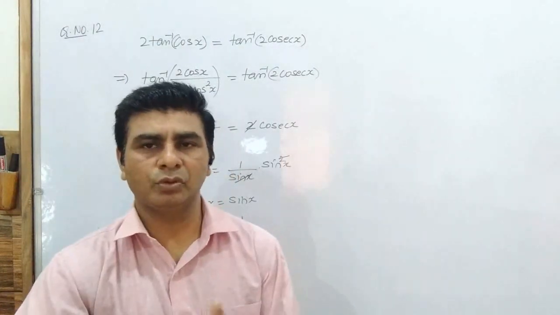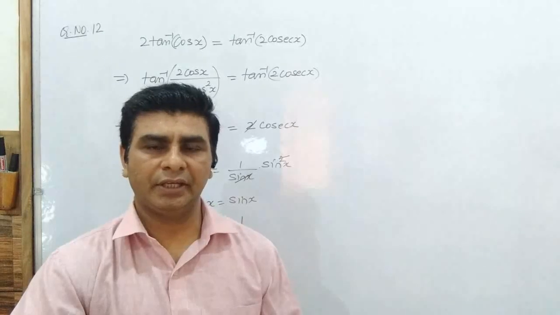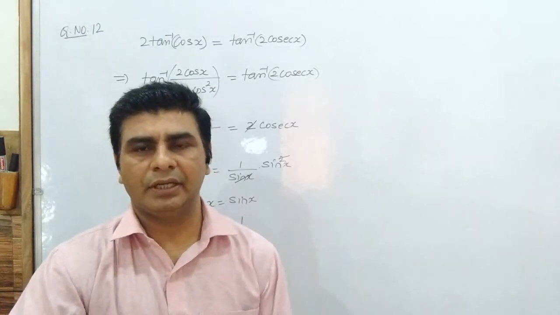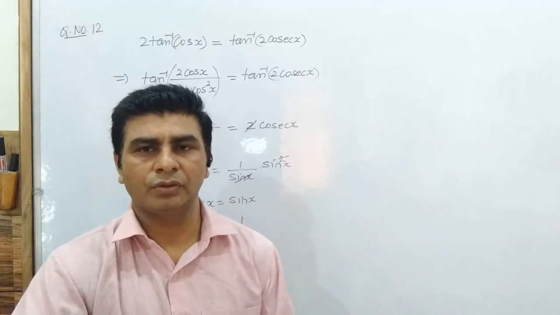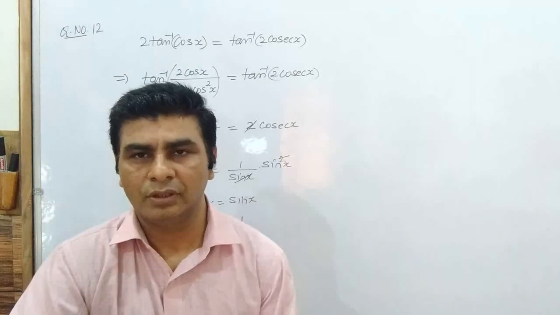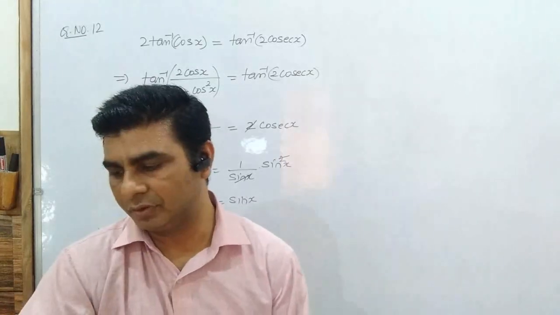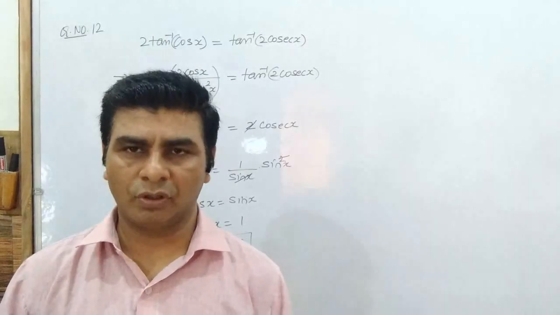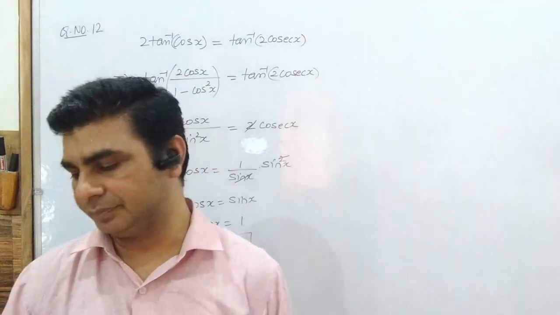राइट हैंड साइड में आपको जो 2 नीचे दिया हुआ है उसको लेफ्ट साइड लेके आएंगे, एंड अप्लाई द फॉर्मूला ऑफ 2 tan inverse x on the left hand side, and then tan inverse will be cancelled out from both sides, and you will find a simplest equation in the form of a quadratic form. So after solving the equation you will find an answer.